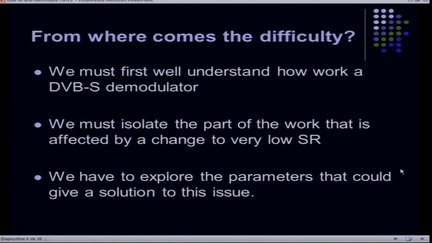So the question was to understand where is the difficulty. What is the part of the demodulator that cannot work if we lower the symbol rate? For that, we must understand a little how works a demodulator. We must isolate this part and try to see if we can change some value and find how to fix this problem